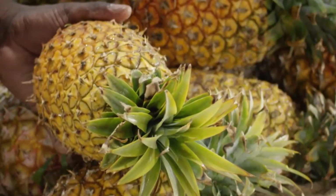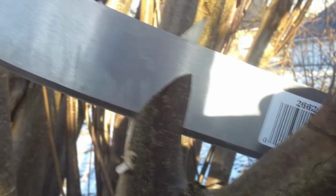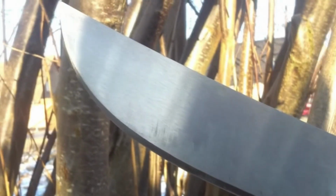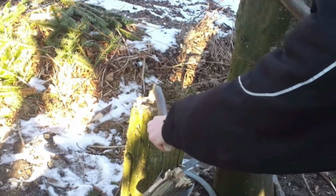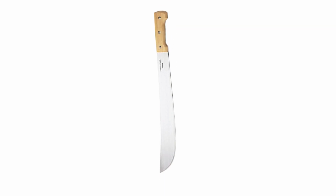The truth is that it doesn't look good at all. But it has great functionality and costs less than you might think. It has a 1070 carbon steel blade that is 18 inches long and works great for hacking branches and cutting through bushes. At first glance, the blade may not make you feel very confident, but the strength and hardness of